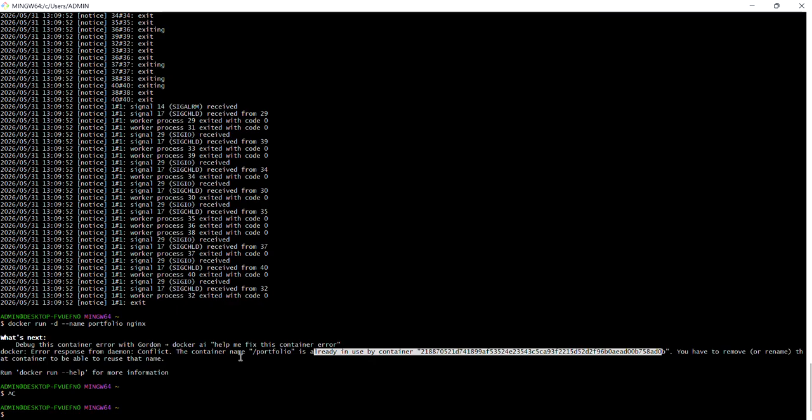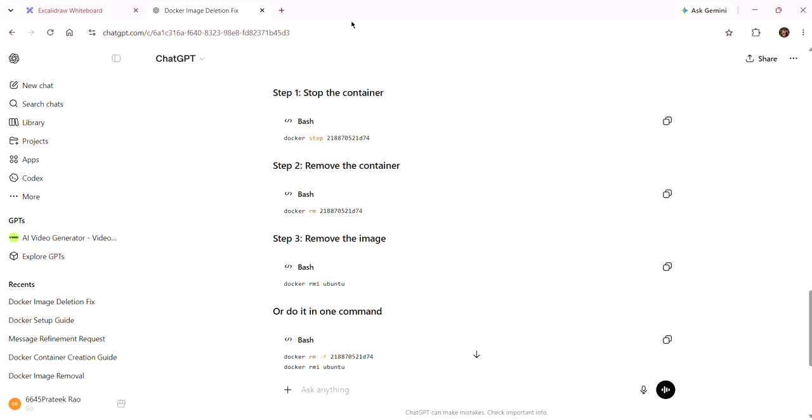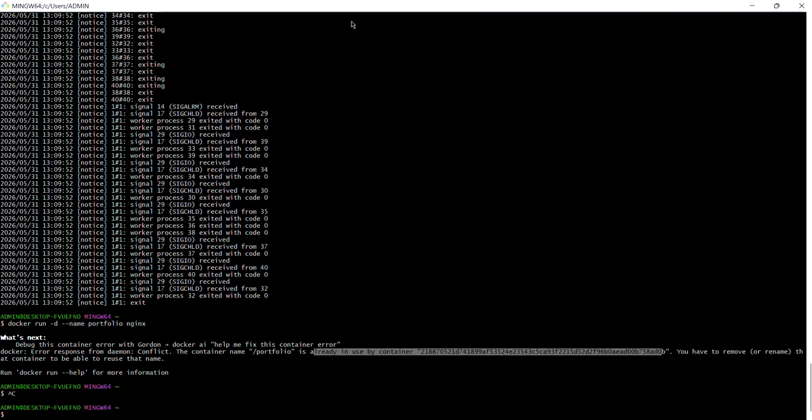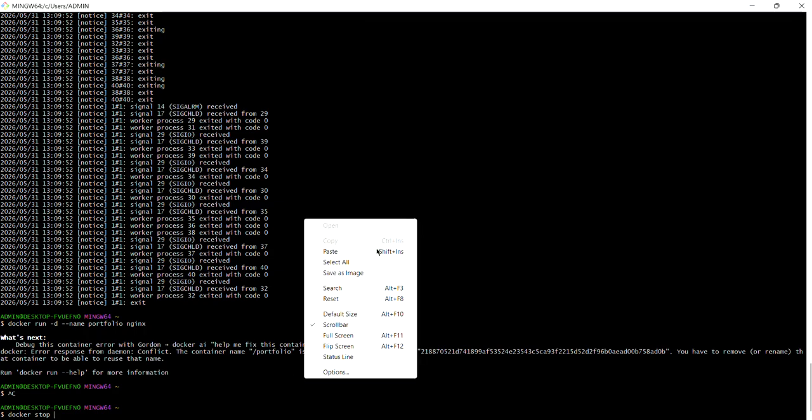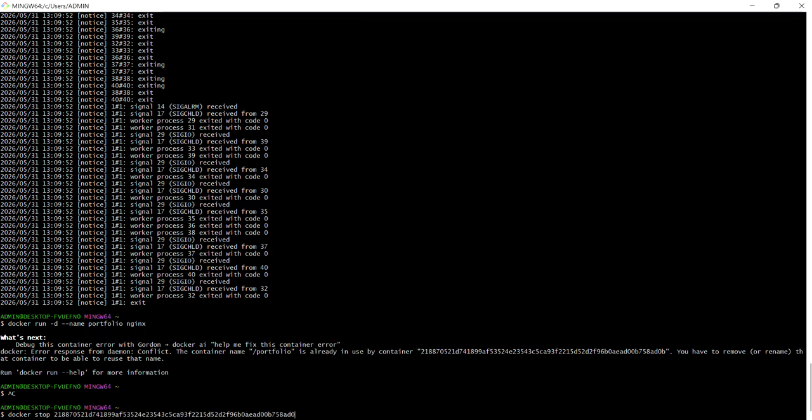So what we are checking, we want to run this container in the background. Now we need to stop this, right? So how are we going to stop? I copy the id.